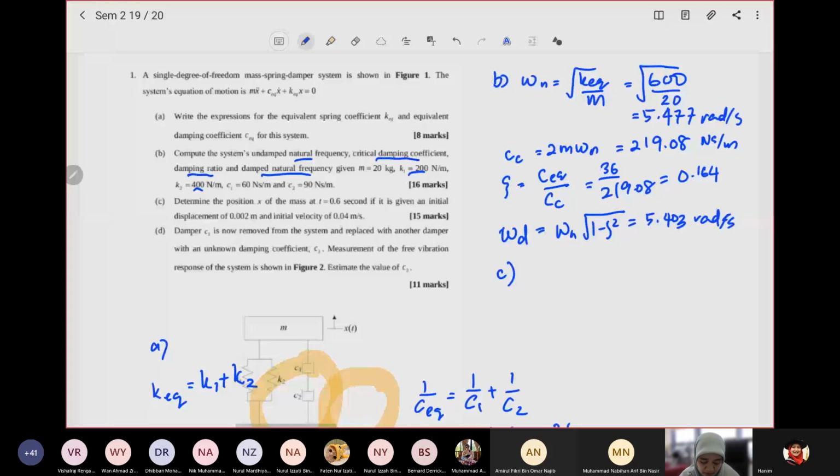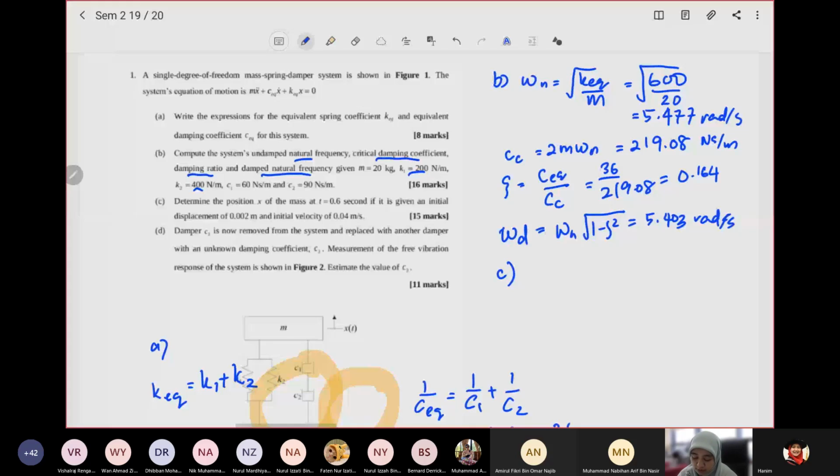In this case, if you remember your x(t), which equation do you use in this case, class? If you look at your list of equations, how do you determine which equation you use? What is your zeta value? It should be under that. Yes, because your zeta is less than 1, which is 0.164. So you have to look for the underdamped